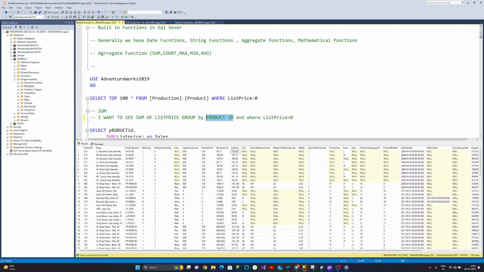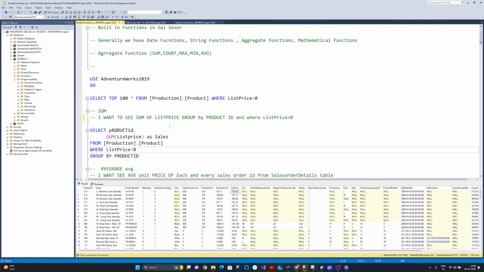We already discussed in group by classes earlier: whichever column we take in the group by section should exist in the select as well. See my requirement: first my condition, list price greater than 0, and I want to group by product ID, and see the sum of list price sales. If you hit this,